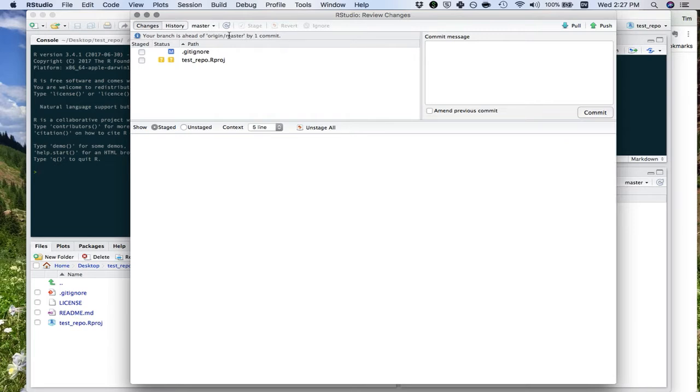So that means basically that compared to the version on GitHub, right, so the kind of remote copy of our repository, we are 1 commit ahead. We've committed once since then, and it hasn't been updated to that remote branch. The way that we do that is by pushing. So we can click this push button,